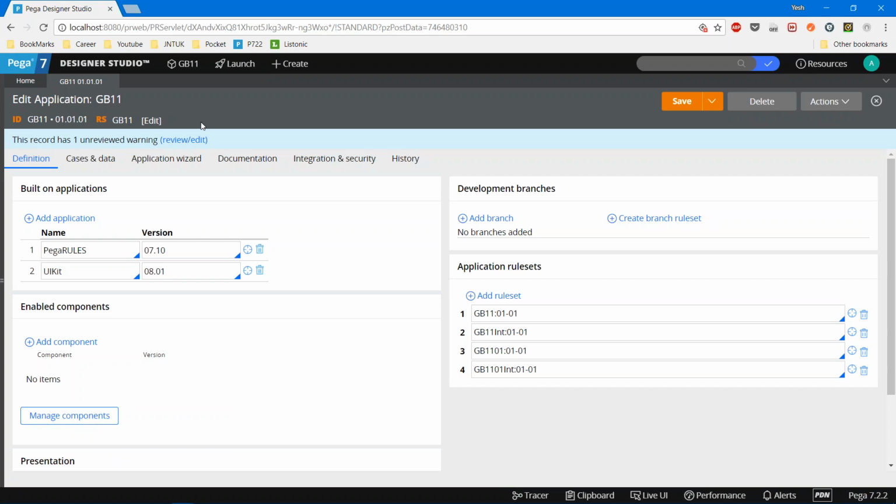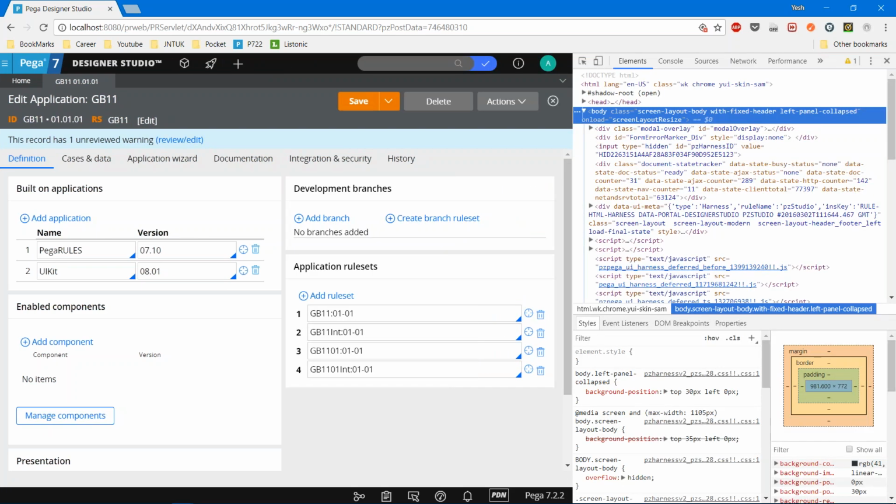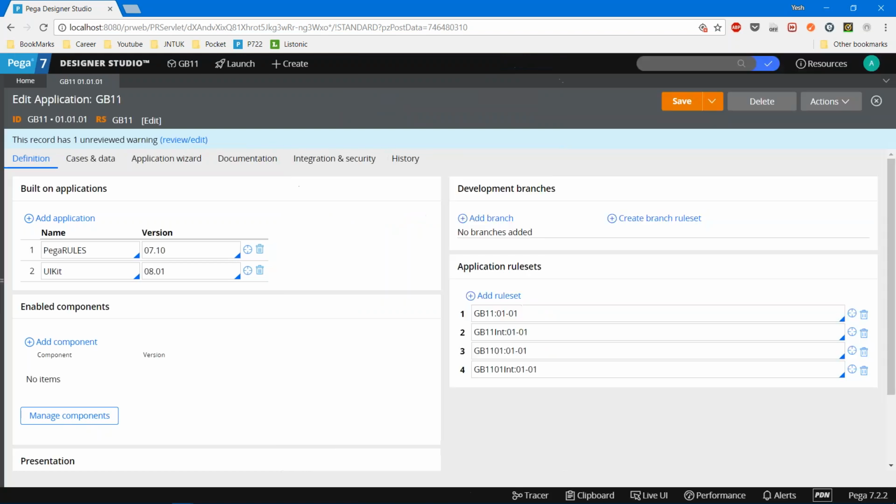The developers of Pegasystems, they are the people who are writing some background code, because when I'm seeing this kind of view, that too in a web browser, that means obviously there will be HTML code for this. Okay, if you want to see, just simply press F12. This is the HTML code for the view that you are seeing. So someone might have created this particular HTML code for the view that you are seeing.